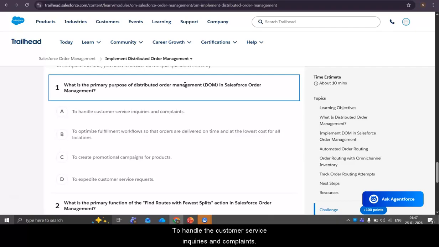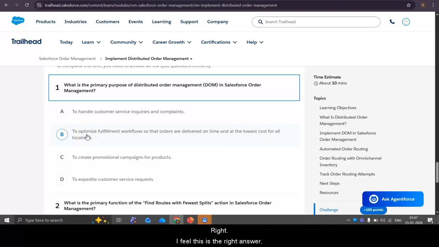To handle the customer service inquiries and complaints. No. To handle the customer service inquiries and complaints, there will be a service agent, and it will not come under distributed order management. And the second one is to optimize the fulfillment workflows so that the orders are delivered on time at the lowest cost for all the locations.